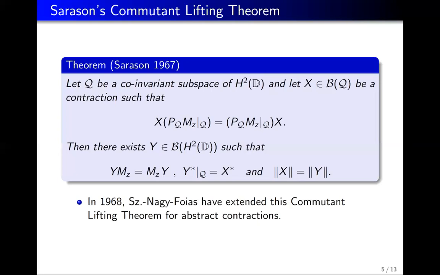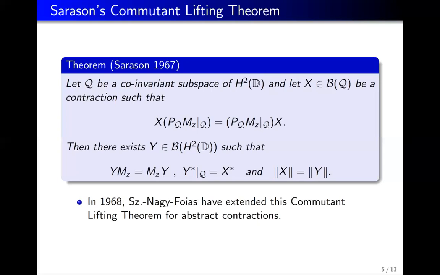Instead, it has success in the context of different reproducing kernel Hilbert spaces, meaning that you replace this Hardy space by other reproducing kernel Hilbert spaces on other domains, and there you might prove an analogous theorem of this kind. And the theorem which is important for us is a commutant lifting theorem on the space which is known